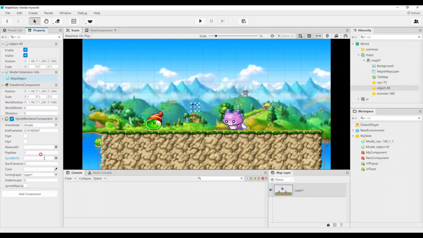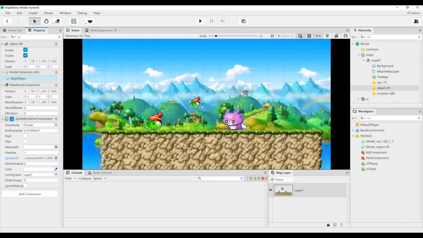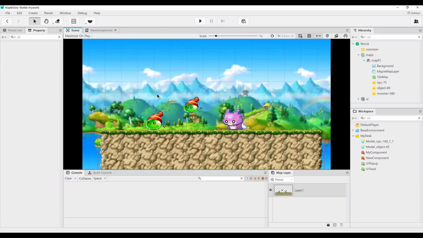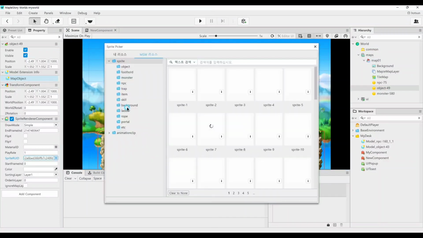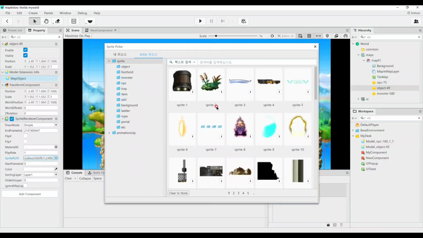So when the sprite RUID is empty, the entity is also gone. But when I paste the RUID of the Santa slime and press enter, now you can see that you got a Santa slime. So you can add the RUID directly as so, or you can use the sprite picker to choose the resource that you want. And also,